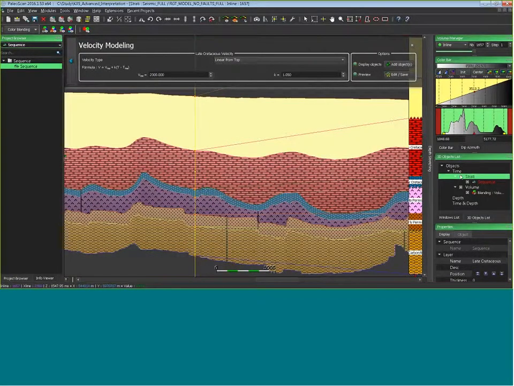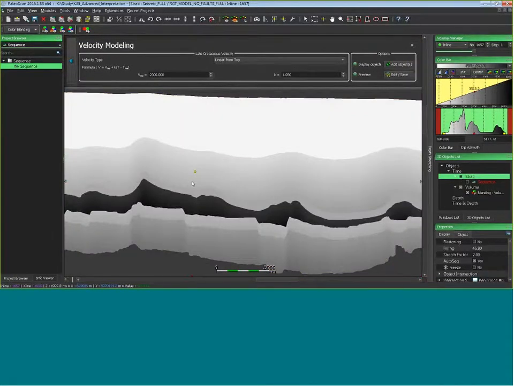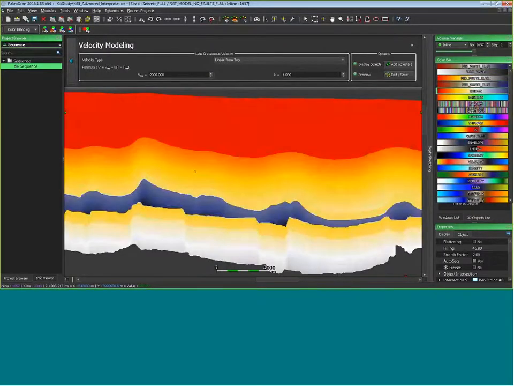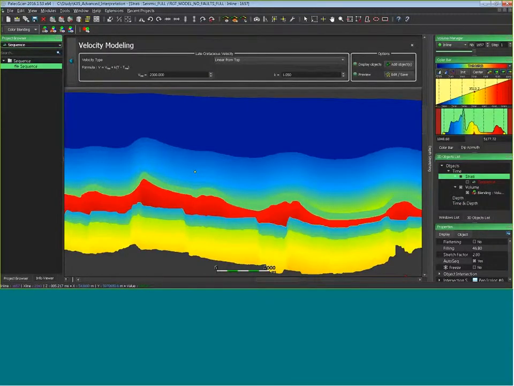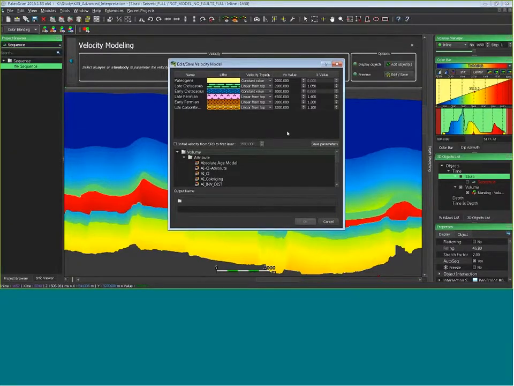Okay, I will just undisplay the strati, and then, okay, for example, thinning. This is my velocity model. If I want, I can save and export this velocity model. Also, if I click on this one, okay, if I don't want to click on all my layers, I can choose the velocity from this table.